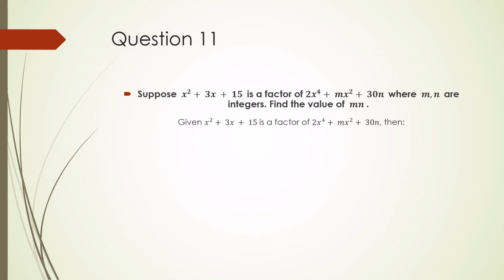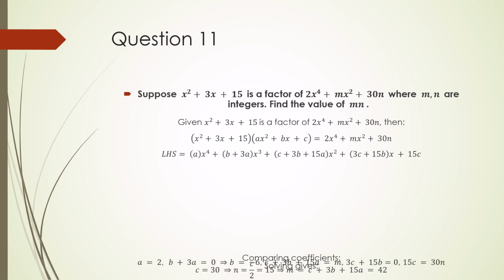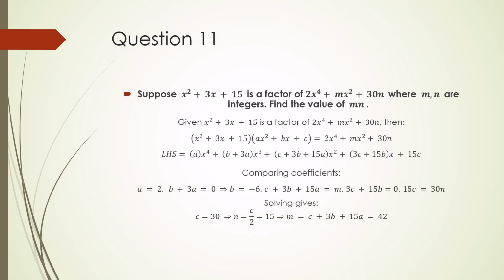So given that x squared plus 3x plus 15 is a factor of 2x to the power 4 plus mx squared plus 30n, then we can write the equation as such: x squared plus 3x plus 15 times ax squared plus bx plus c is equal to 2x to the power 4 plus mx squared plus 30n, where a, b, and c are to be solved later. So by expanding the left hand side, we can get this, and by comparing coefficients,